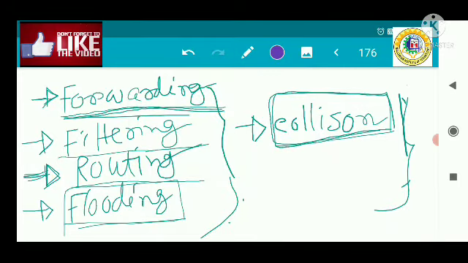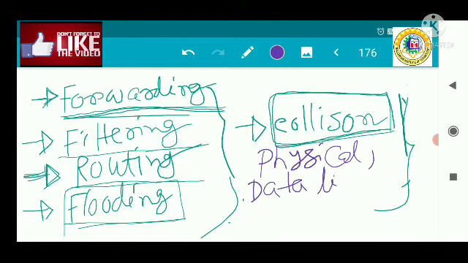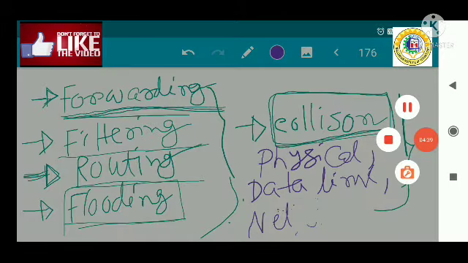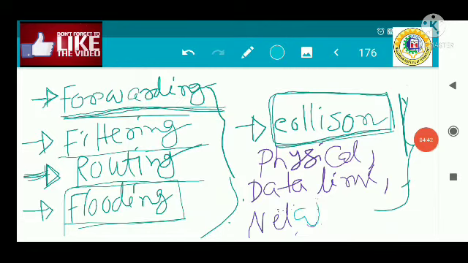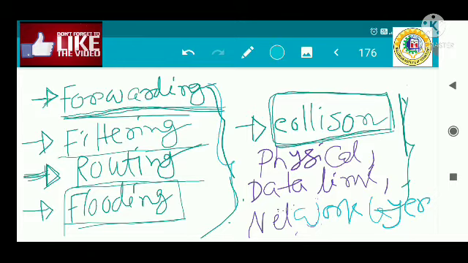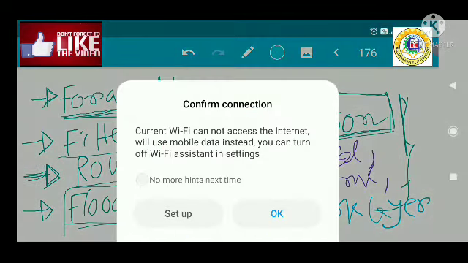Also, we know that the switch operates in a certain layer and the hub operates in a certain layer. We have studied that. The topic of discussion now is the router. I have said that the router can operate in the physical layer, the data link layer, and also the network layer. That means it can interconnect with and communicate with devices of all these three layers, and it can operate in all these three layers. So that is all about the router.